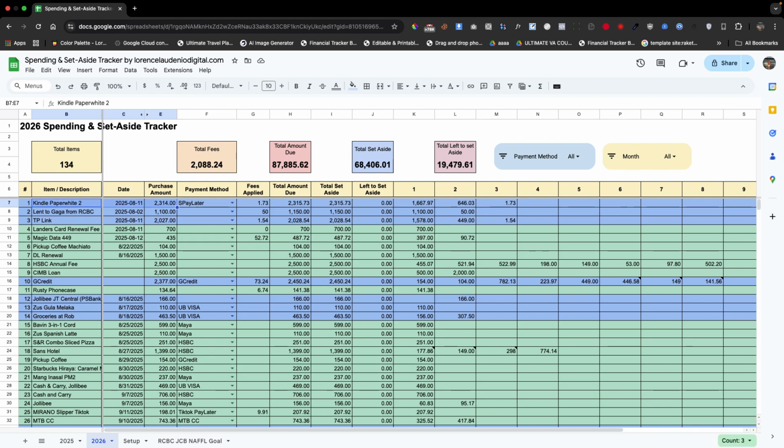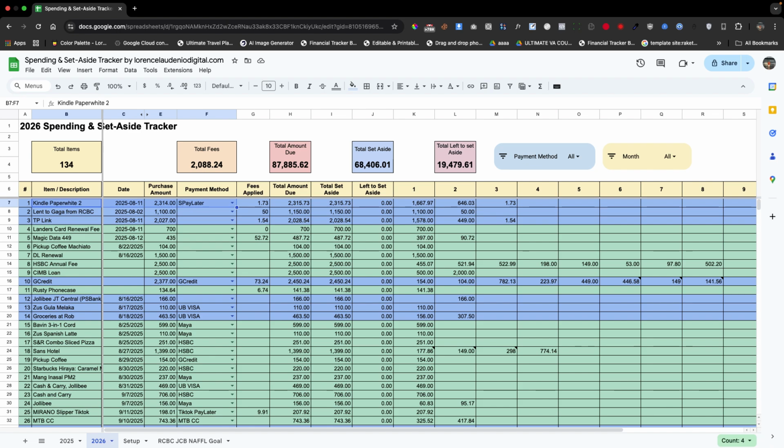To delete that, press shift on your keyboard. Shift-click the first entry, and then, without releasing the shift key, press the right arrow key until you reach the payment method column, then press control.